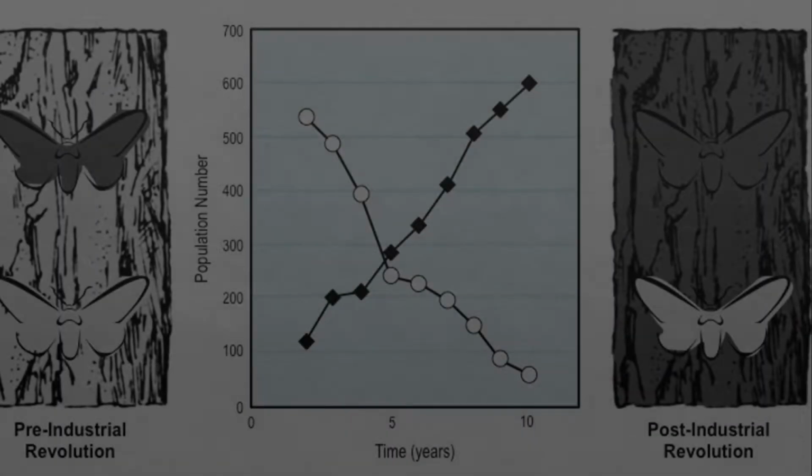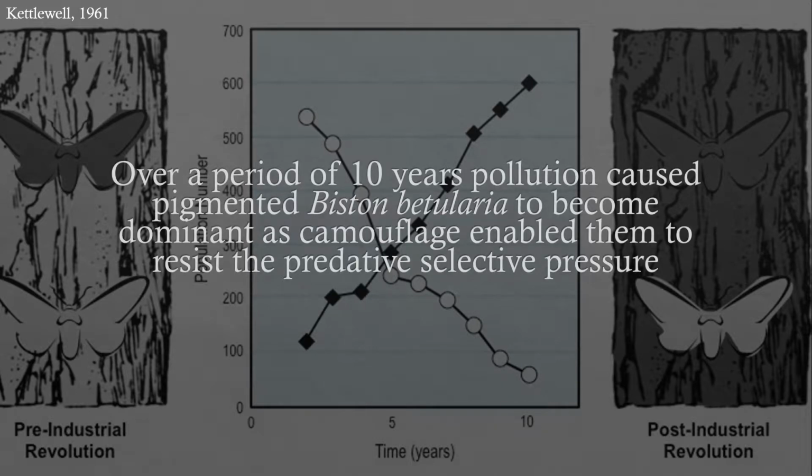A prime example of short-term adaptive evolution is the industrial melanism of the peppered moth. In areas of high pollution, individuals with darker pigmentation are able to camouflage with their pollution-discolored surroundings and so are favoured by natural selection and thrive. This change has only been observed since the onset of the Industrial Revolution.